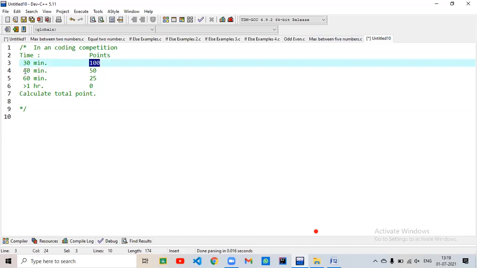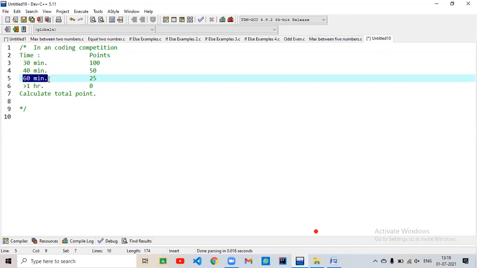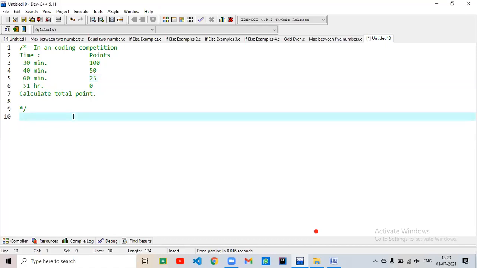If the participant submits in 40 minutes, then 50 points will be awarded. If the participant submits in 60 minutes, then 25 points will be awarded. And if the participant doesn't submit the paper within 1 hour, that means it takes more than 1 hour, then 0 points will be awarded.